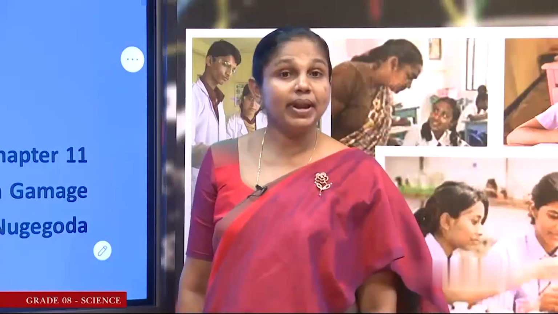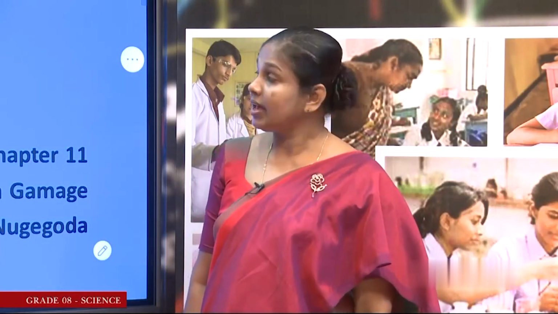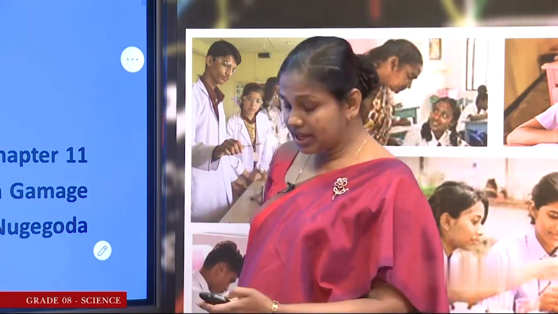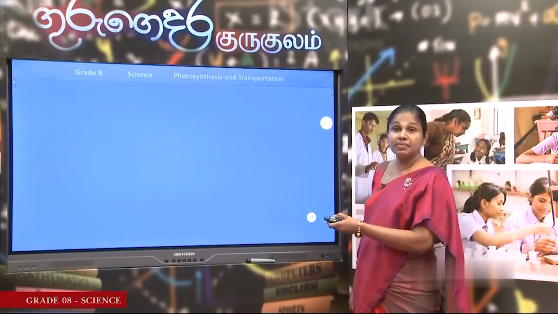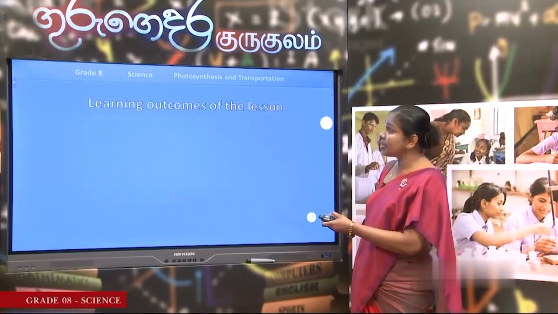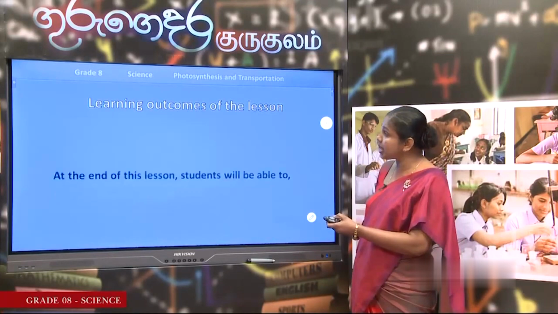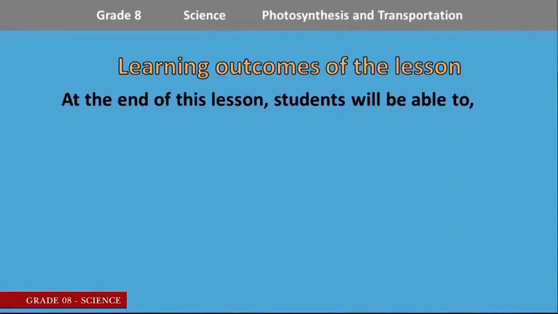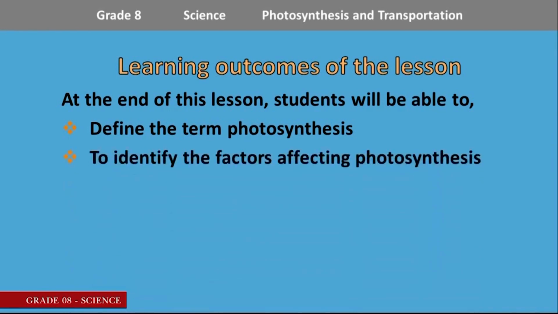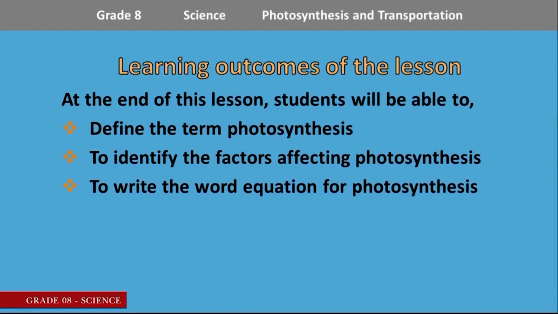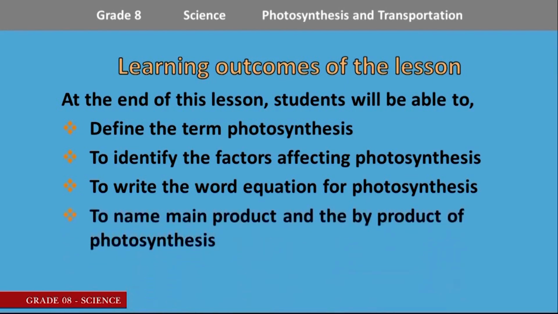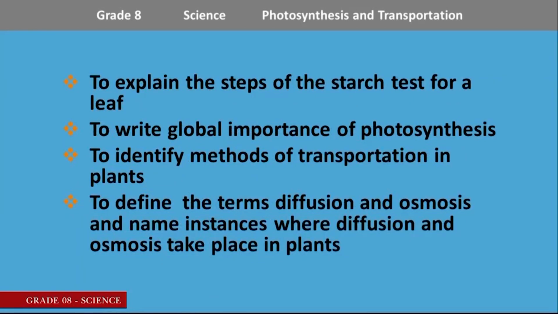Let me explain the learning outcomes of this lesson, children. This is what we expect at the end of learning this lesson. This is what we expect that you should achieve. First, at the end of this lesson, students will be able to define the term photosynthesis, to identify the factors affecting photosynthesis, to write the word equation for photosynthesis, to name main product and the byproduct of photosynthesis, to explain